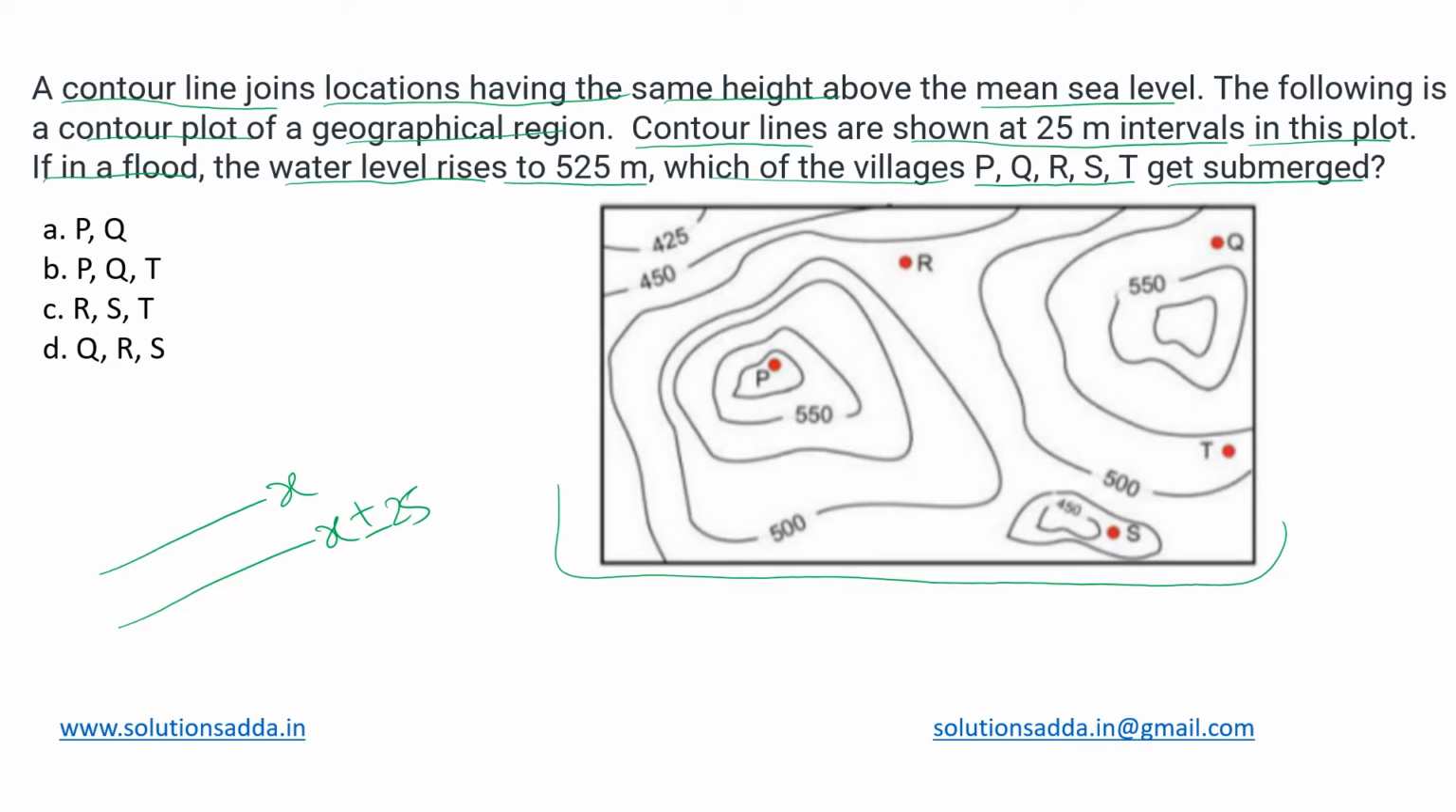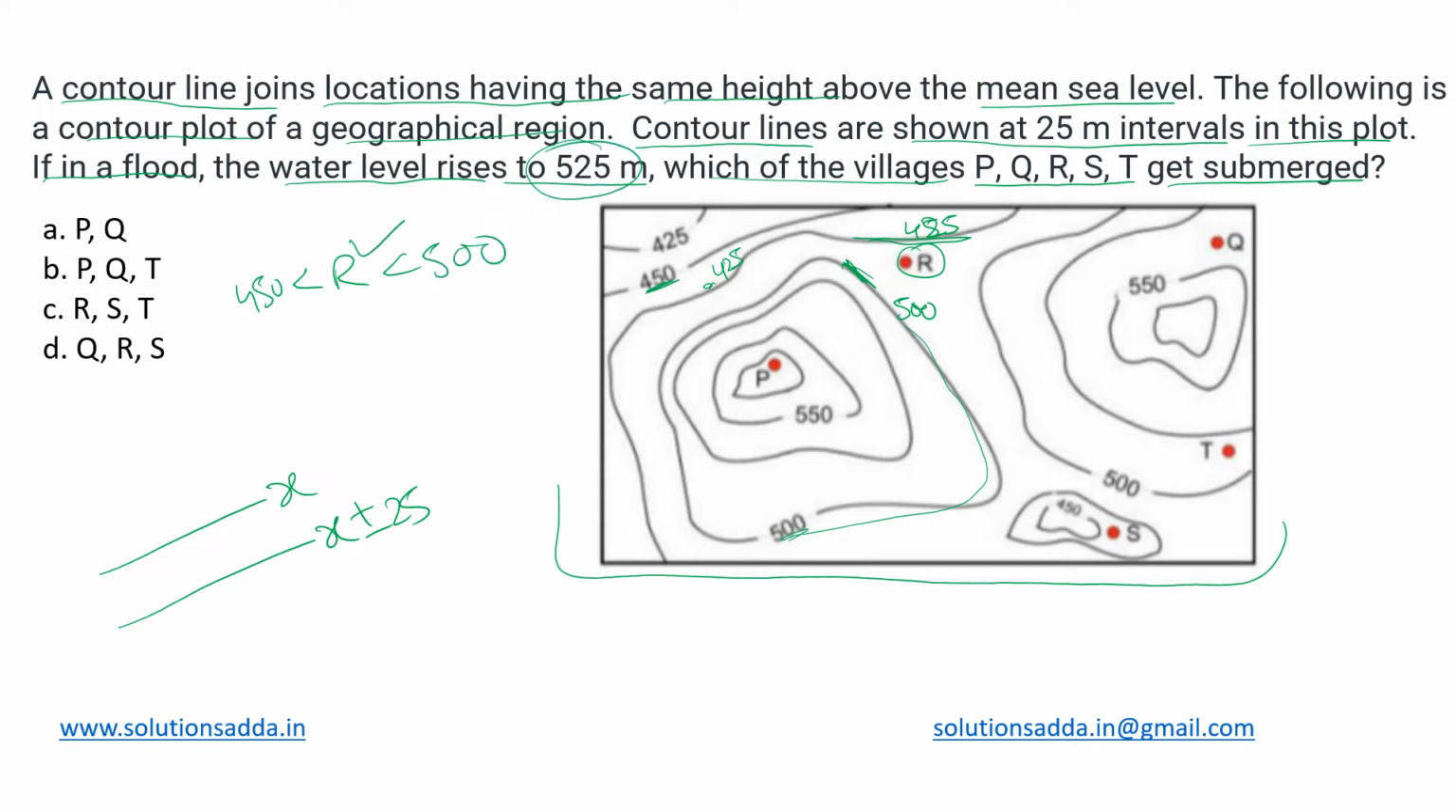Now, looking at this particular village R, we can see that it is adjacent to this particular contour line. And if this is having an elevation of 450, then this one adjacent to it would be having 425. So elevation at this point is 425 meters. And it is also adjacent to this particular line, which is representing the elevation of 500, which means elevation at this point is 500. So R is lying between 450 to 500, means it will get submerged in this flood